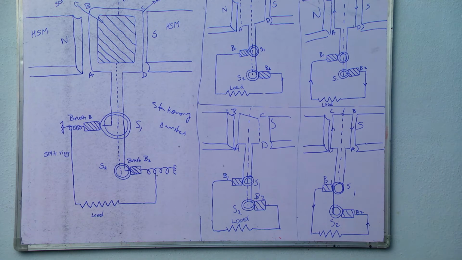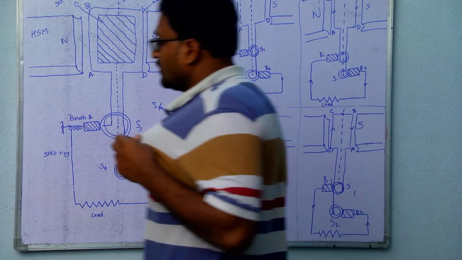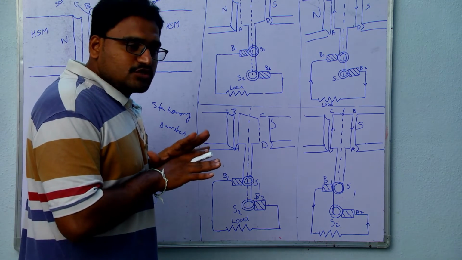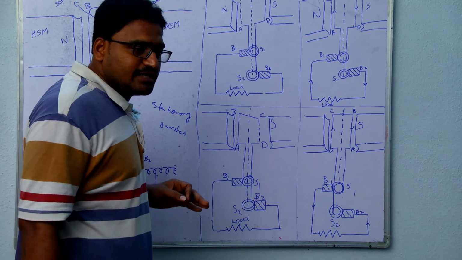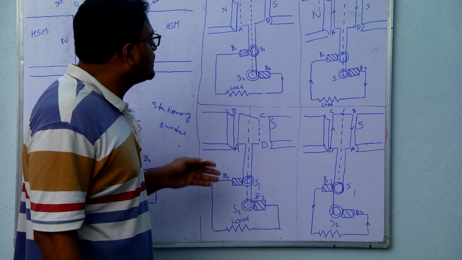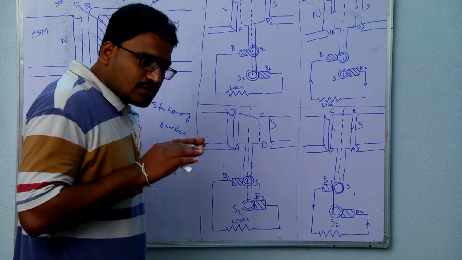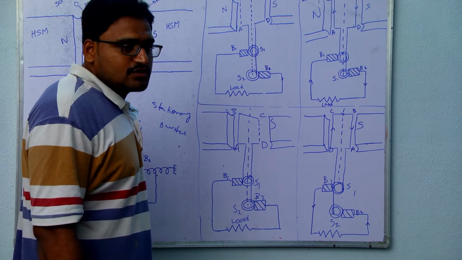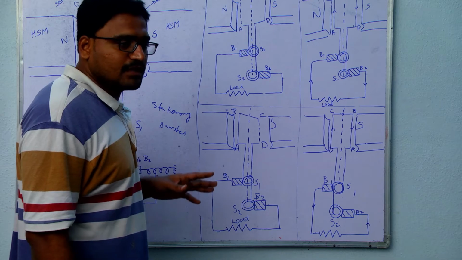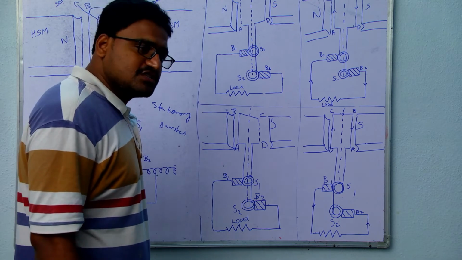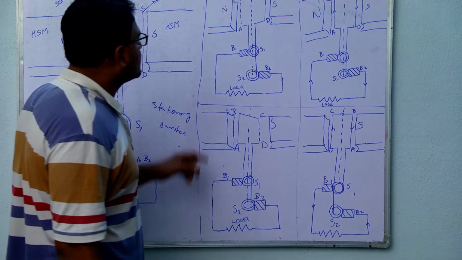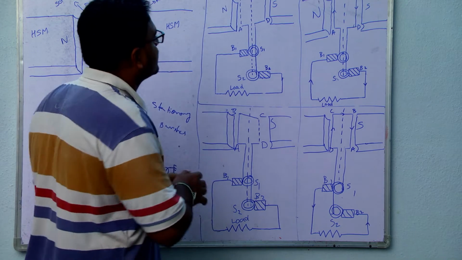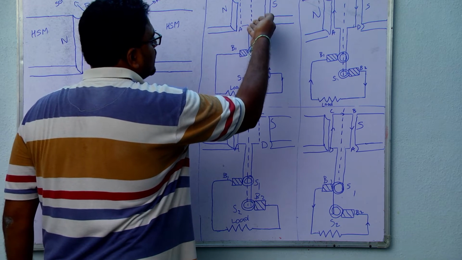Even though the magnetic field is crossing the given coil, if it is not changing, then no EMF is induced across the ends of the conductor. If the number of field lines crossing the given area is not changing, then no EMF is induced across the ends of the conductor. So in order to induce EMF across the ends of the conductor, the flux linked with the coil should change. Here in this case, it is changing by rotating this axle in the clockwise direction, it is rotating like this.